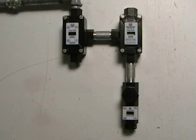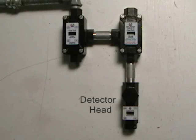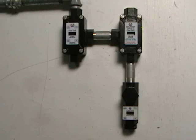The GazTell 450 infrared detector is made up of the detector and its peripheral but optional accessory modules. Shown here are the detector head, a simple local alarm module, also known as the SLAM, which is a relay module for low, high, and fault relay contact closures,